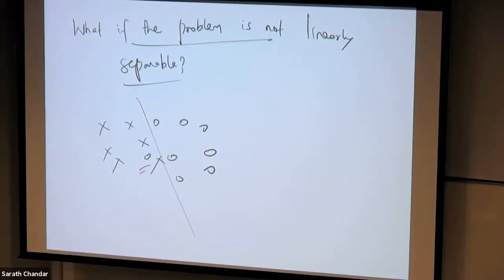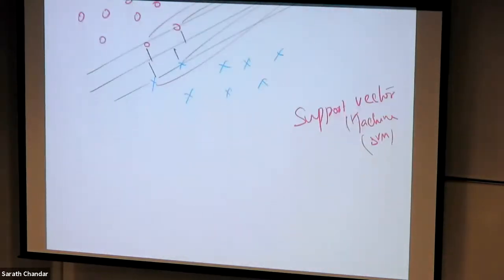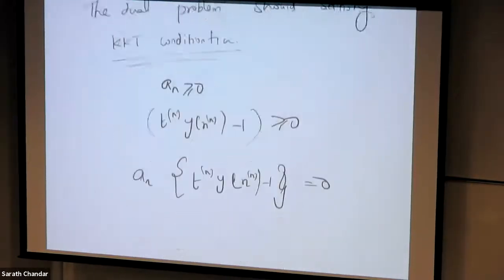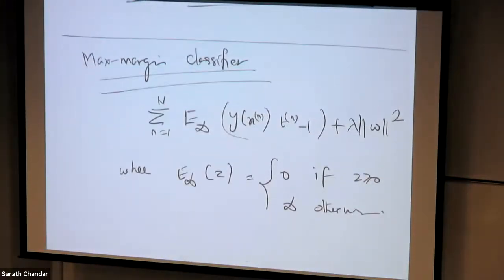However, the max margin classifier cannot find a solution here, because it is going to give infinity for all lines, right? Because the error function that the max margin classifier has is too strong, in the sense it gives infinity error whenever there is one mistake, right? Which is a problem.